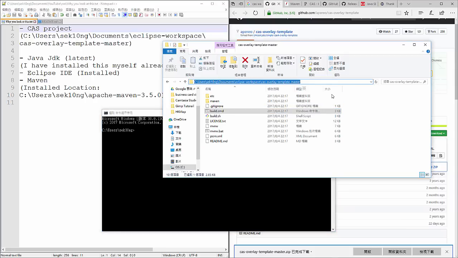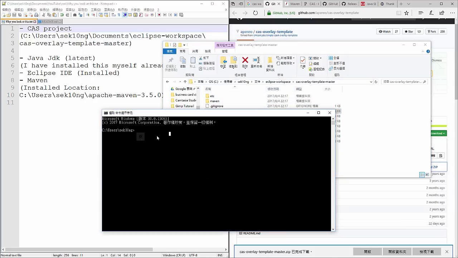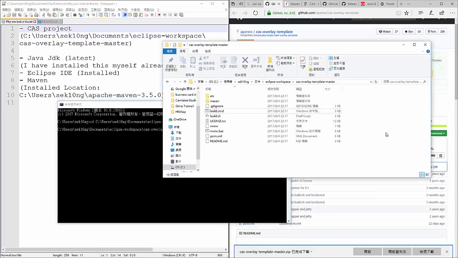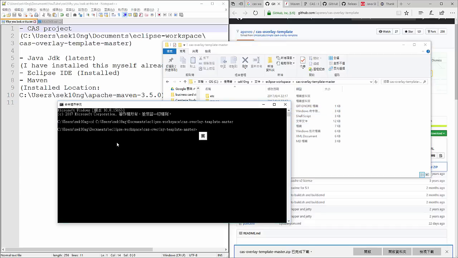So now I'll click here and I have the directory of this thing. Control C, copy this, and then I will type cd, which is change directory. So I will change directory to this folder here. Now this black screen is synchronized with this white screen, and what I want to do is type build package.